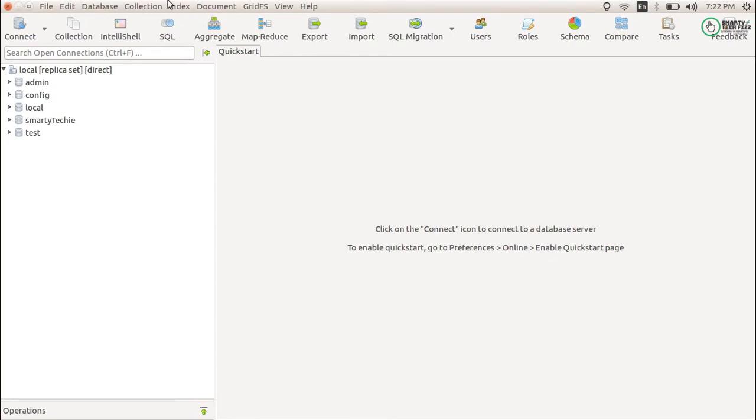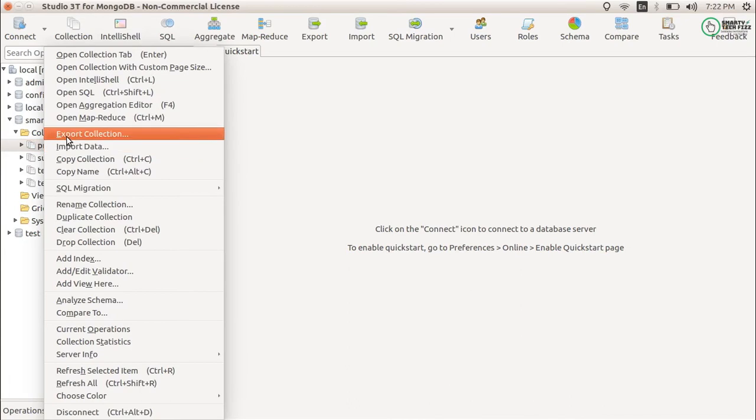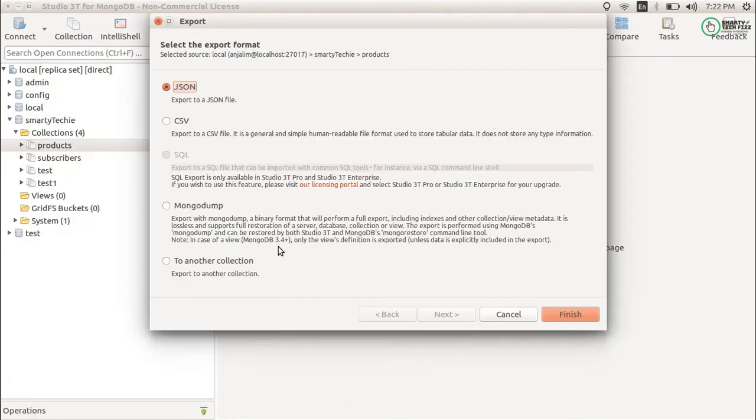Download Studio 3T, configure your server and go to your database, that is products, right click on it and choose export collection. If you want it in JSON type, you can choose JSON. If you want CSV type, you can select CSV. Then next.